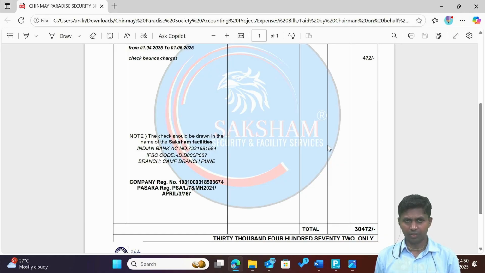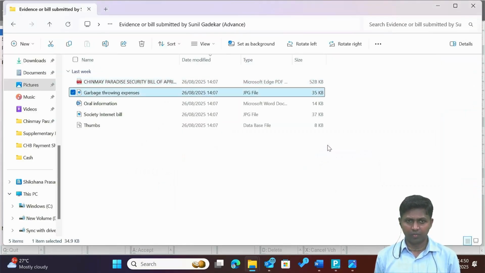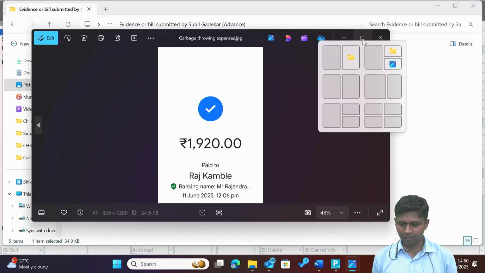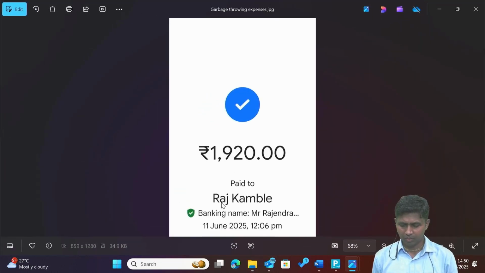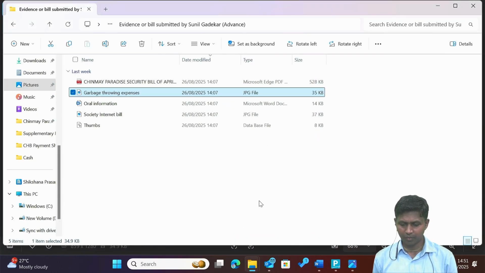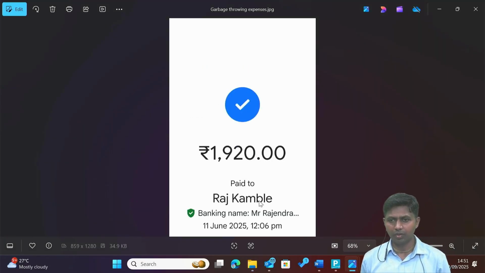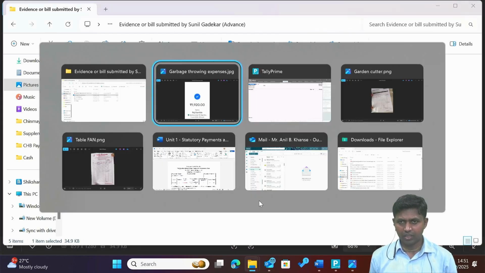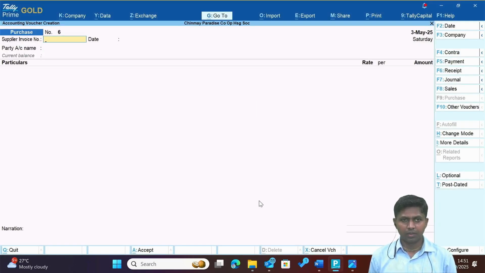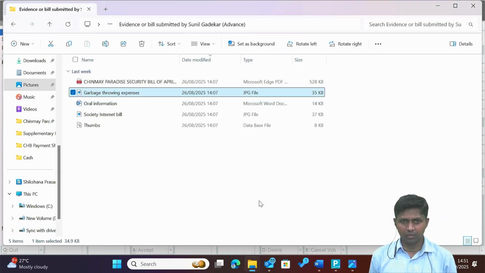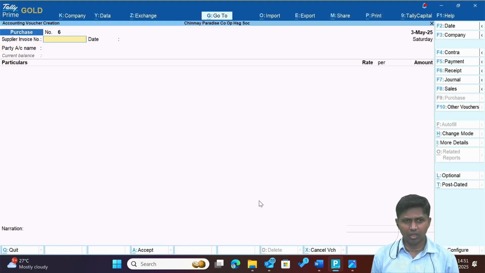Then after this, next bill. We have the next bill of garbage throwing expenses. This is paid through bank to this Raj Kamble, who has been paid. Society didn't pay. Chairman paid on behalf of the society. Therefore, what we'll do, we'll pass this entry in the... This is also service purchase. We don't have a bill. What we'll do now then,